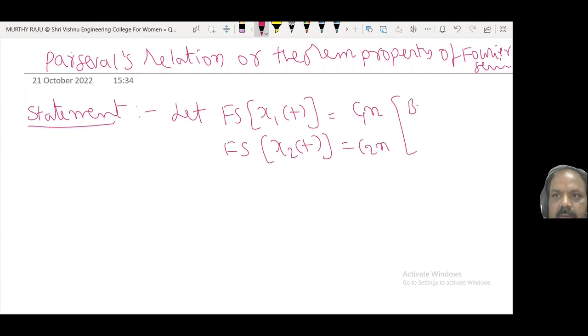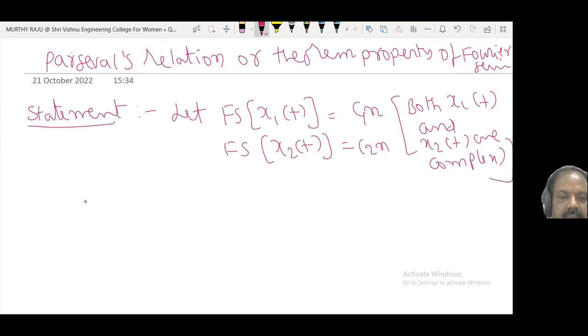Both x1(t) and x2(t) are complex. Then Parseval's relation states that